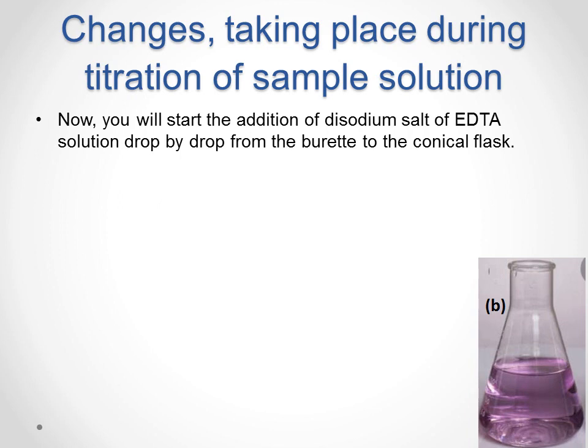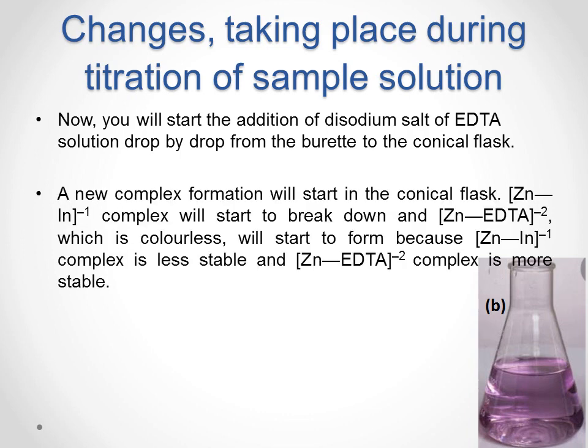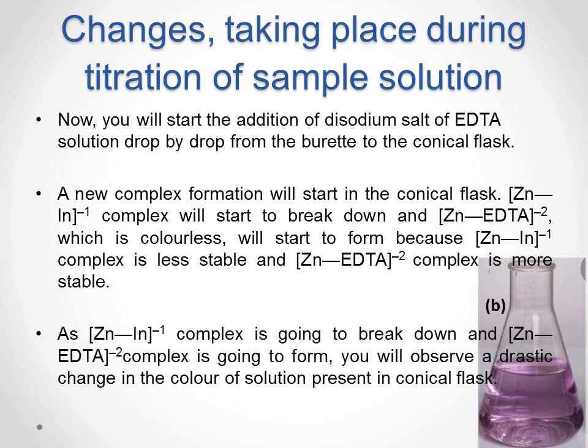A new complex formation will start. That means the complex that was formed previously after the addition of indicator, the zinc indicator complex, which is less stable, will start to break, and the zinc EDTA complex, which is colorless, will start to form. As the zinc indicator complex is going to break and the zinc EDTA complex is going to be formed, what will happen? The zinc EDTA complex is colorless, you cannot indicate it, but the zinc indicator complex